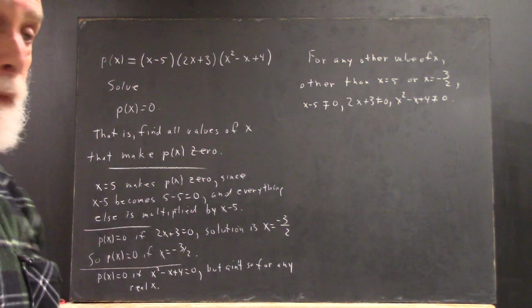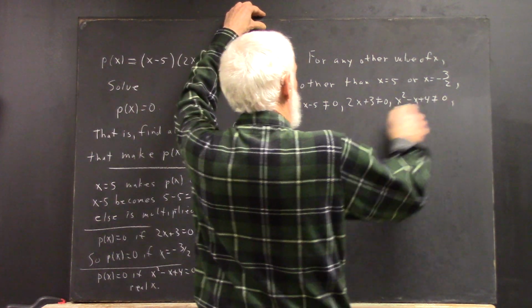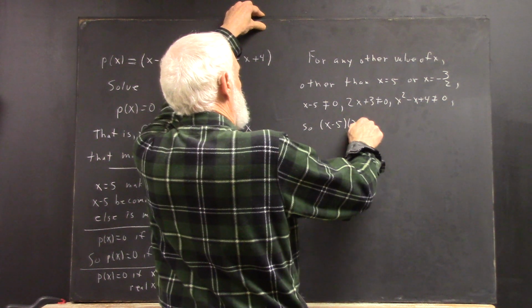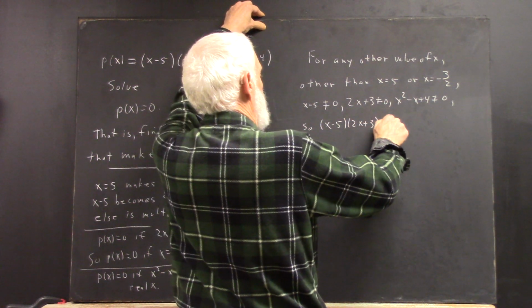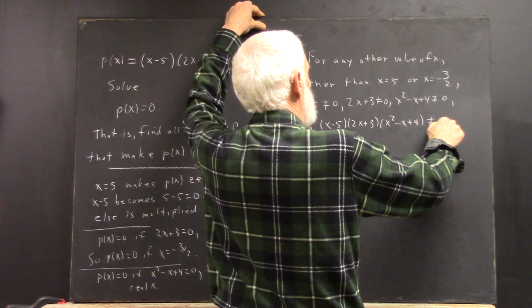Okay? So x minus 5 times 2x plus 3 times x squared minus x plus 4 is not equal to 0,